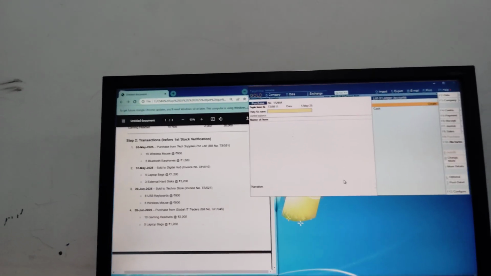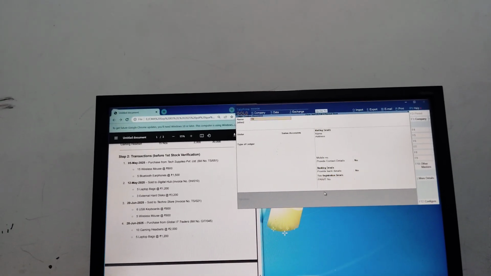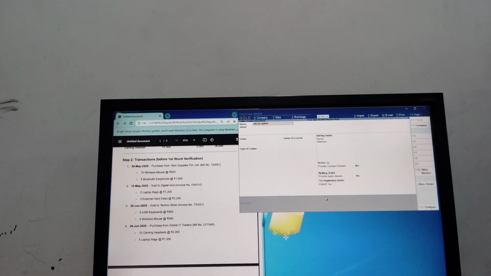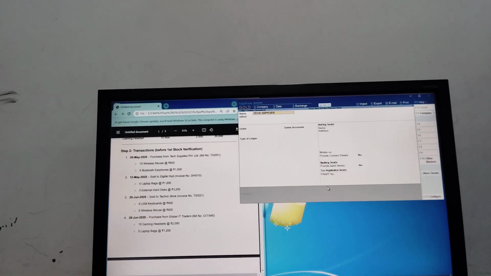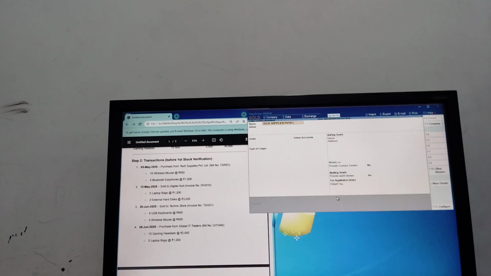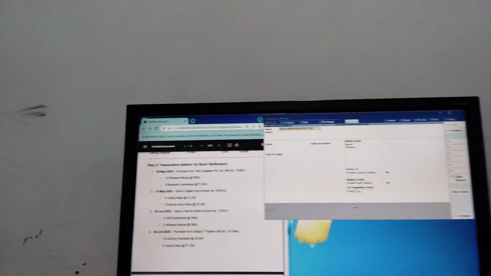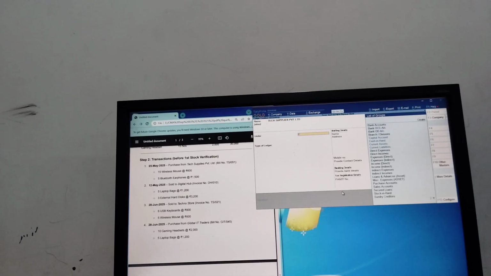We have to create the party, Tax Supplier PVT LTD, under Creditor.